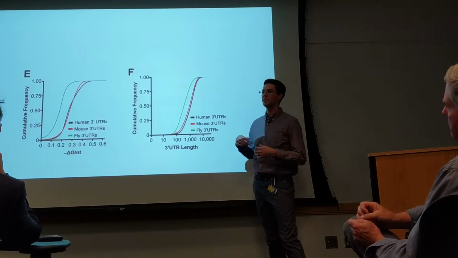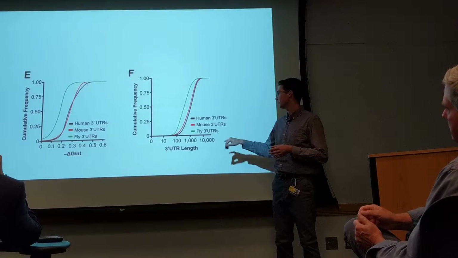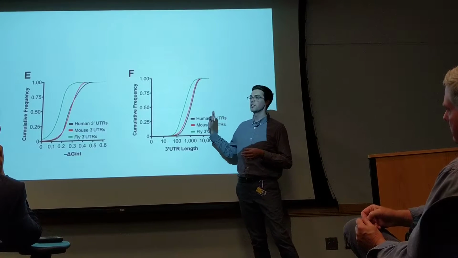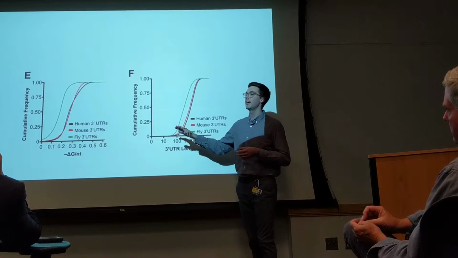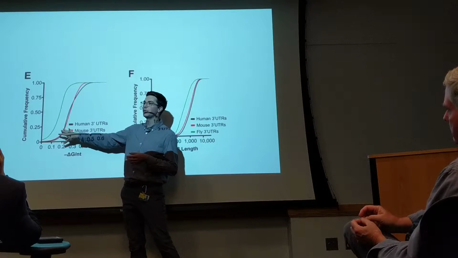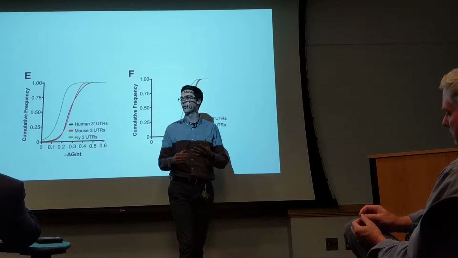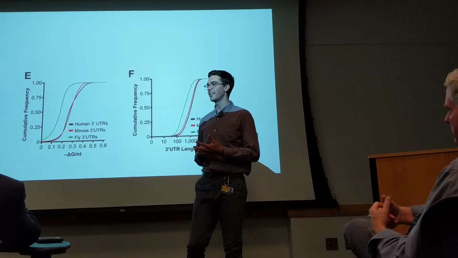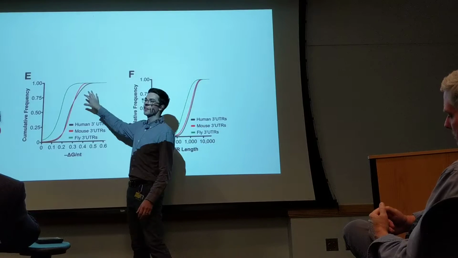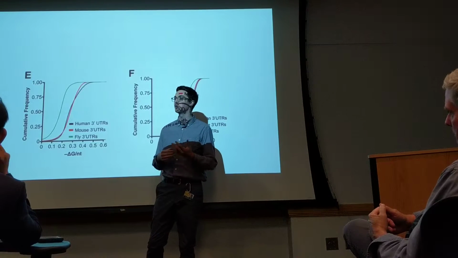And then what happens is you start going down in terms of the complexity of the organism. When you get down to the Drosophila fly, the 3' UTRs are much, much shorter. So when you look at the ability to form overall structure, you can see that the vast majority of those 3' UTRs would be considered poorly structured. So it's much less likely to have as many targets. But then the ones up here could still be very important targets, and it just has a much more well-defined